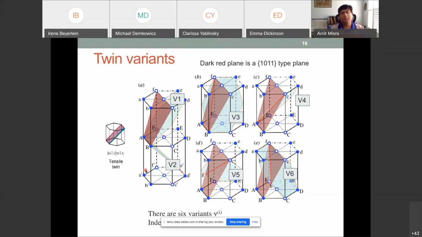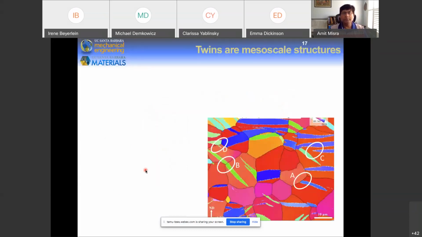And so that means that because of this, anytime you have a twin mode in the HCP structure, you automatically have 6 variants. So all the 7 observed twin modes I mentioned earlier have 6. Now, as far as twins, we recognize them as mesoscale structures, often when we do microscopic analysis. We will go into more of the atomic scale and the larger scale later, but at this point,